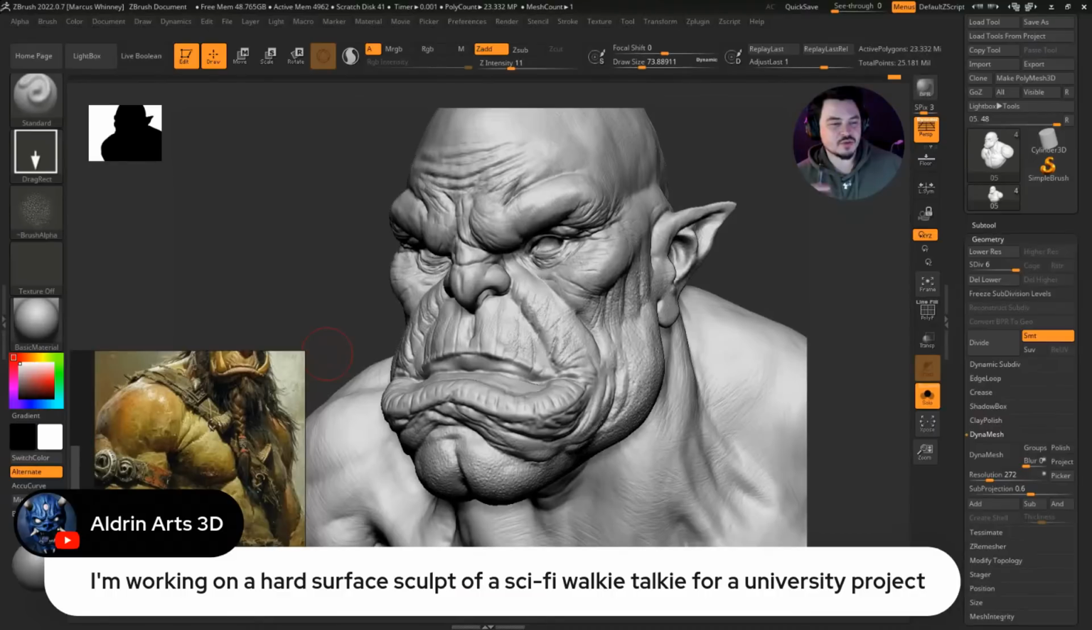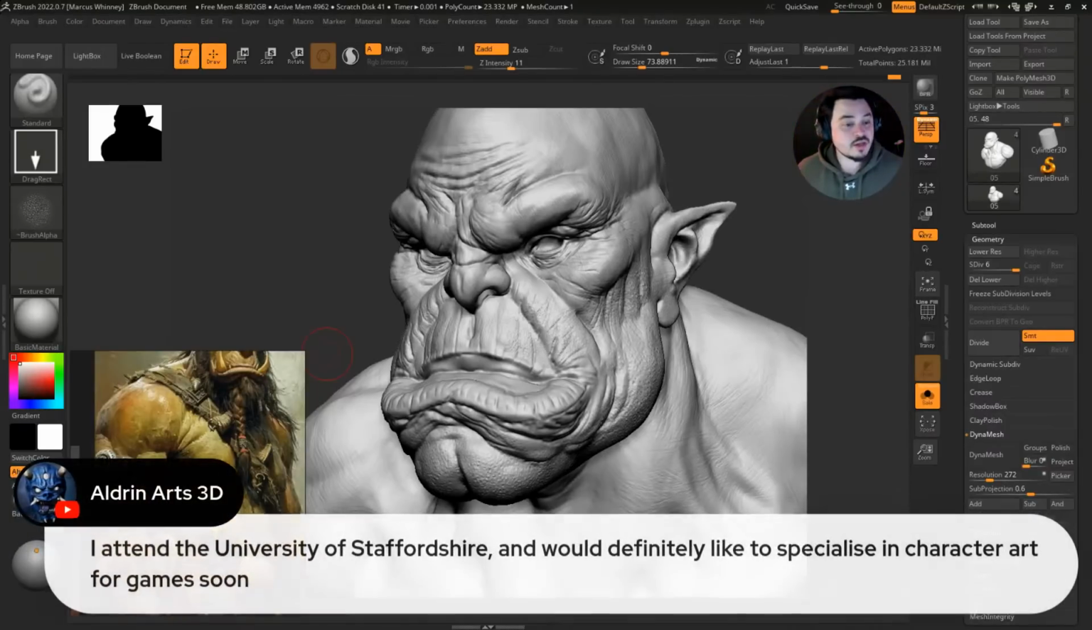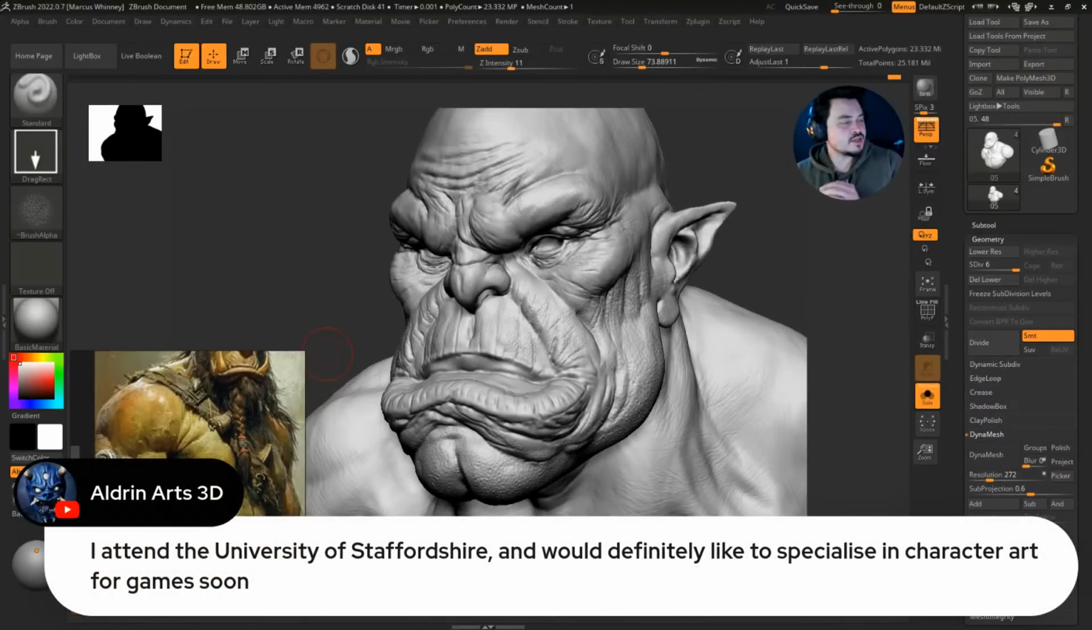But I always found that was a bit weird, so I don't really like that sort of approach. If you want to be a character artist, you do characters. You don't do environments and then characters. You do just characters, and that sort of worked for me. He says, I attend the University of Staffordshire, and would definitely like to specialize in character art for games soon. Yeah, well,